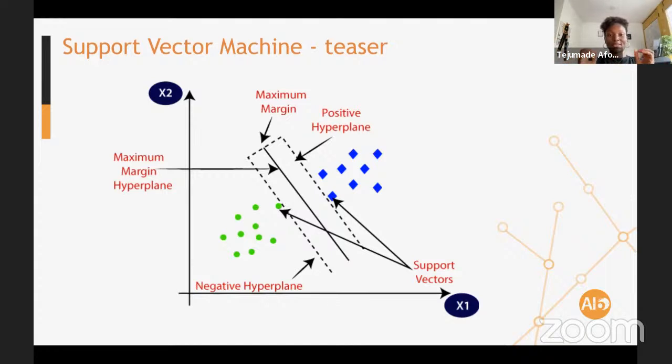So it's sometimes called the maximum margin classifier. You want to maximize the gap or the distance between the support vectors of your different classes.